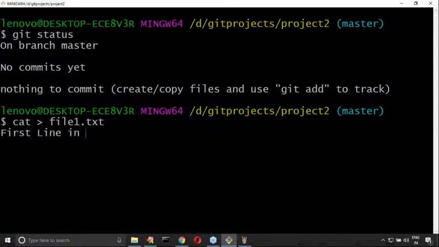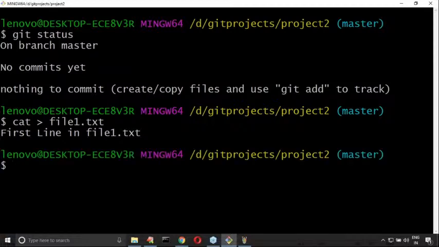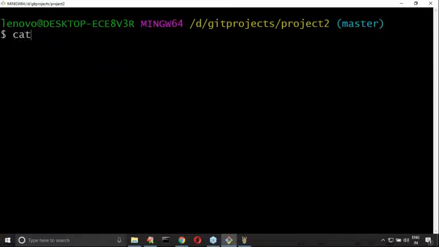Okay, first line in file1.txt. Assume that, sir. Okay, Control D. Now one file is ready. Okay, cat